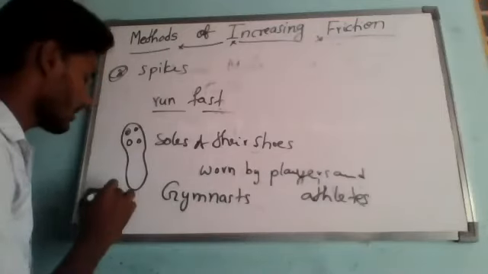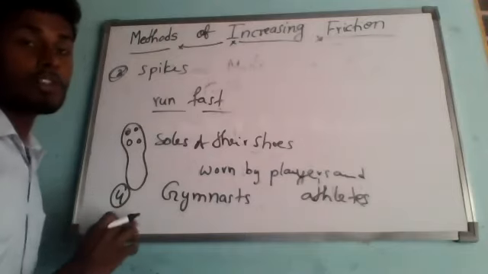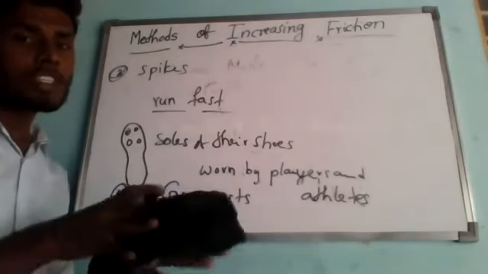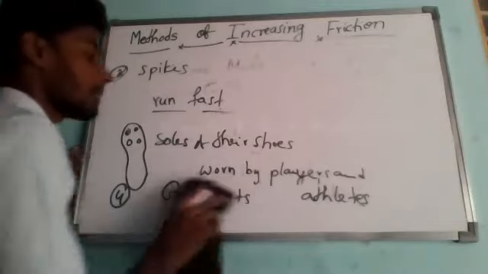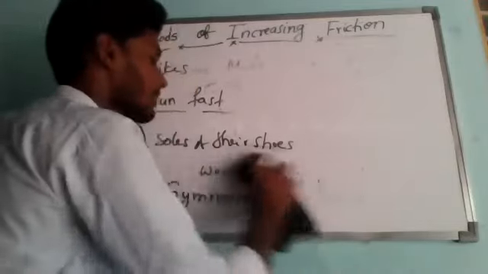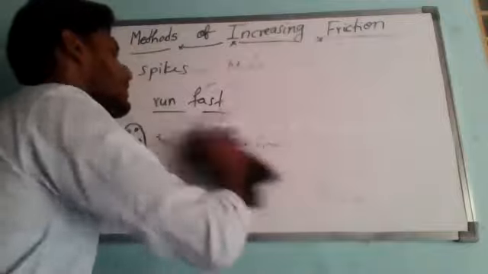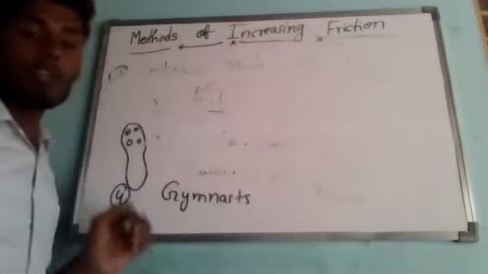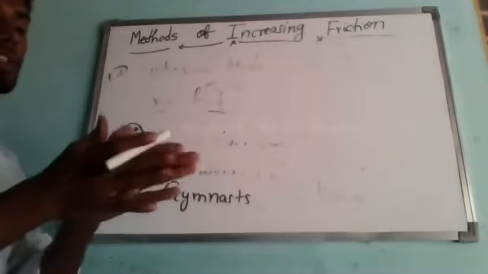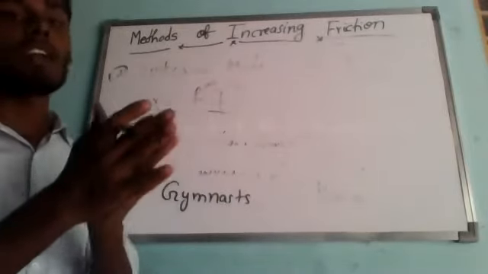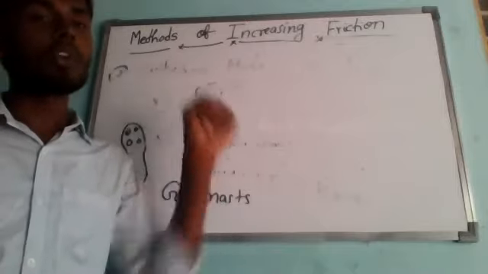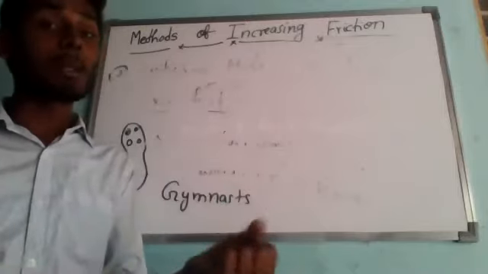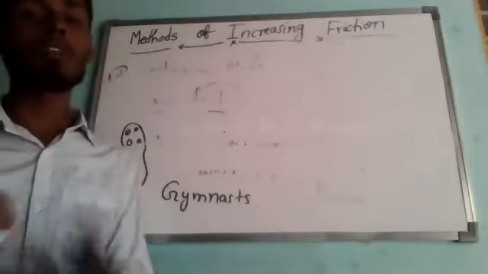Gymnasts. Okay, that is our next one, the fourth one. Gymnasts apply some coarse substance on their hands to increase friction for better grip. Those who are weightlifters, you can observe them: before going to lift something, they apply some kind of coarse, rough material on their hands for holding tightly, for lifting or doing gymnastics, to increase the grip. If not, it will become very smooth and slippery.